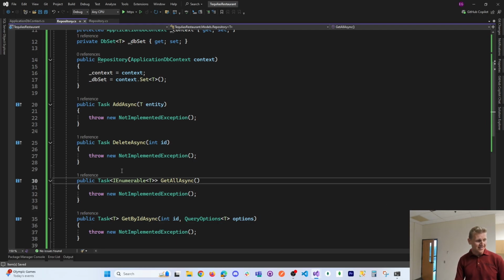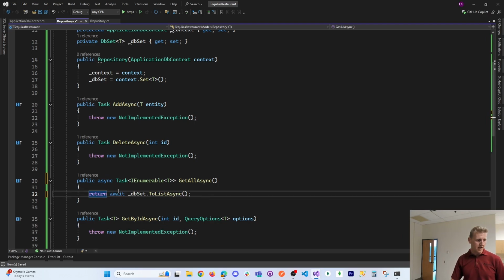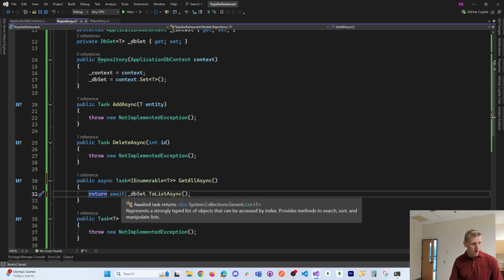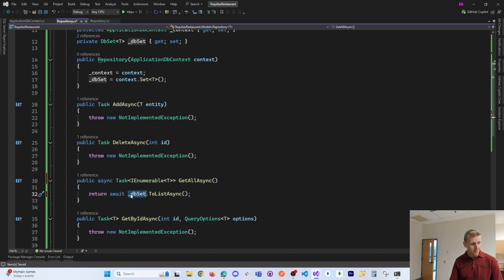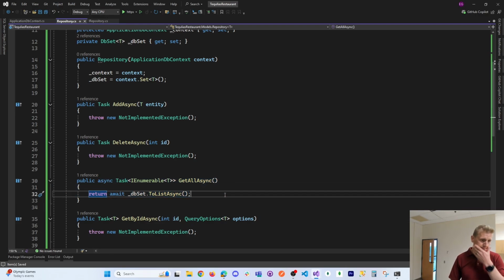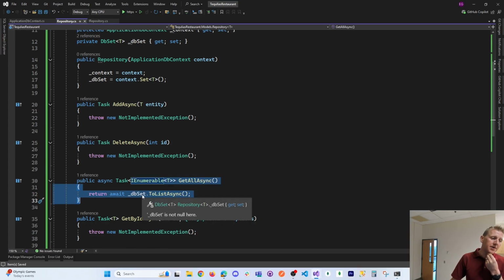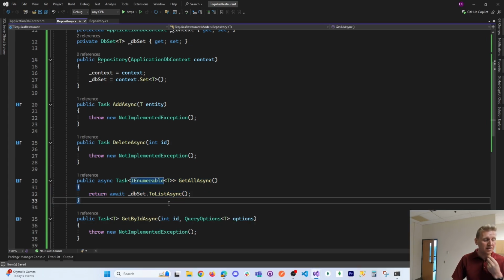I'm going to make this an async method, and we're going to return await get your table and return the ToListAsync. So that's the GetAllAsync method. I'm going to start with maybe products or ingredients. We can get all of our products, get all of our ingredients,